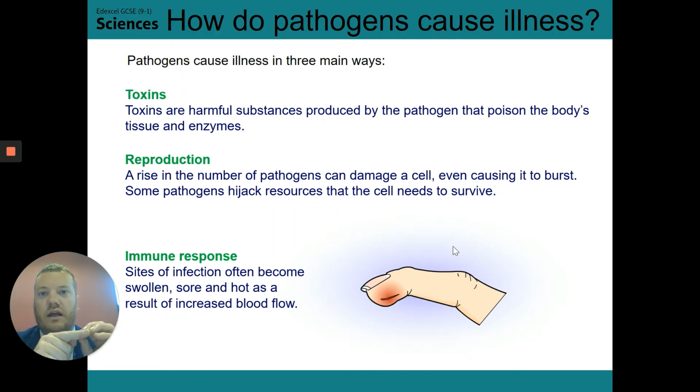But if we take a localized infection as an example, you can very often see if a cut or a scratch or something is infected, because it will be swollen, it will be red, it will be sore to the touch. And these are all part of our immune response, because we're trying to send extra blood, and therefore extra white blood cells and extra platelets and all the rest of it, to the area where the infection is, to try and seal it up and fight that infection. And another sign is you might sometimes see pus, which is our white blood cells fighting the infection as well. They're all signs that you've got a localized infection in a cut or in a scratch, something like that.